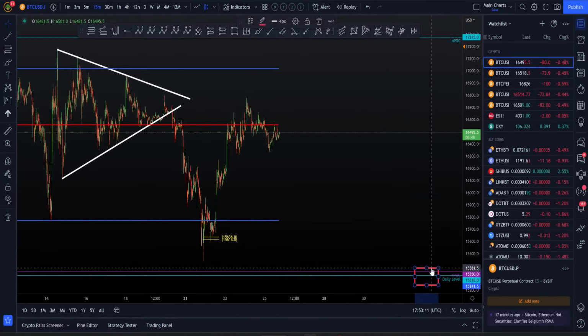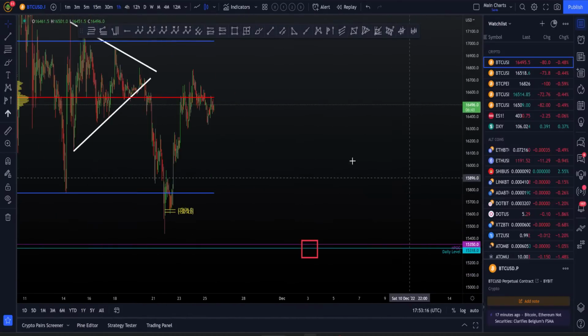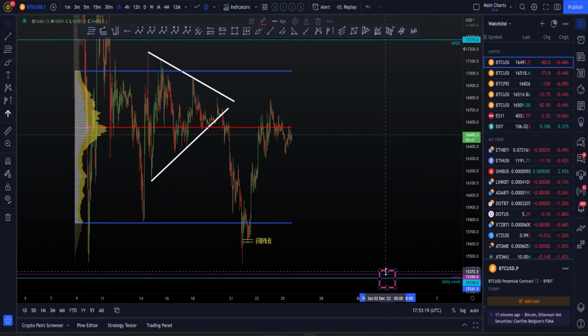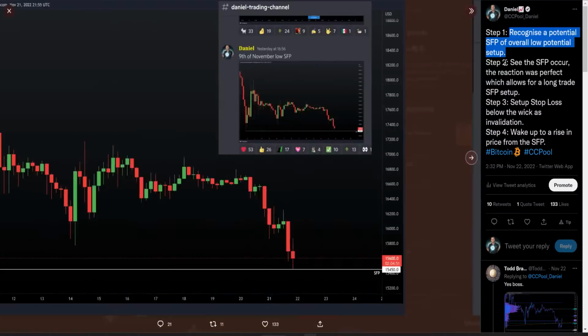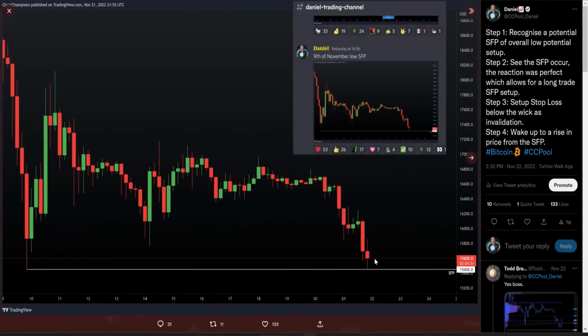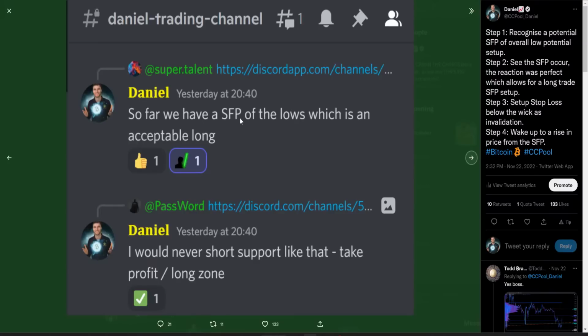So for me, it's important to be prepared. First of all, be prepared, be aware of what's happening. Like I said here, step 1 is recognize these setups, right? If you don't know what a swing failure pattern is, you're not going to be aware of this setup. If you don't have the confidence to enter the long after seeing it, well, that's where you might like to have access to my group, to see me posting about it, to see me saying this is a good long trade. So if you lack that confidence, if you just want someone to tell you, hey, this for me is a good long, that's probably going to help you gain a bit of confidence, right?